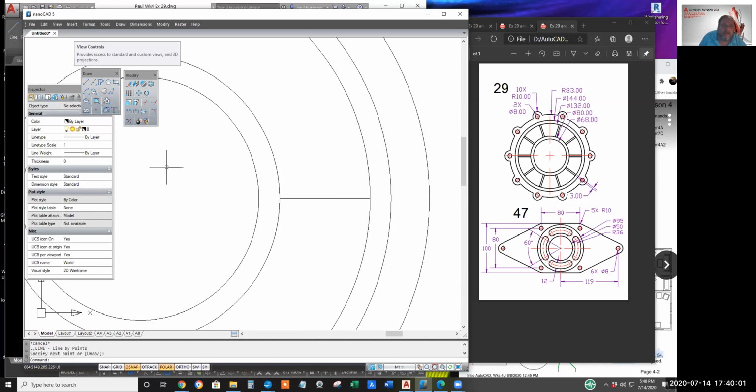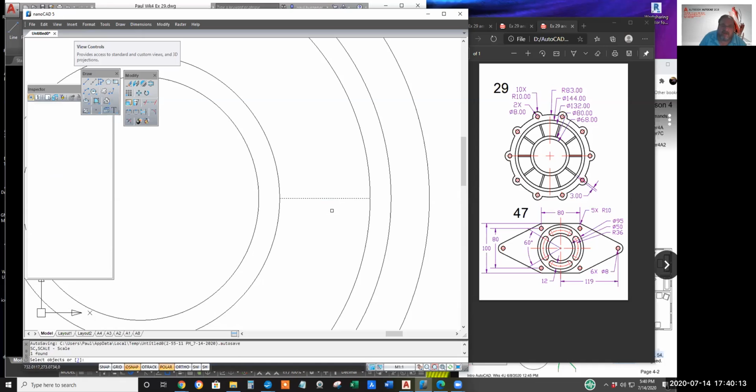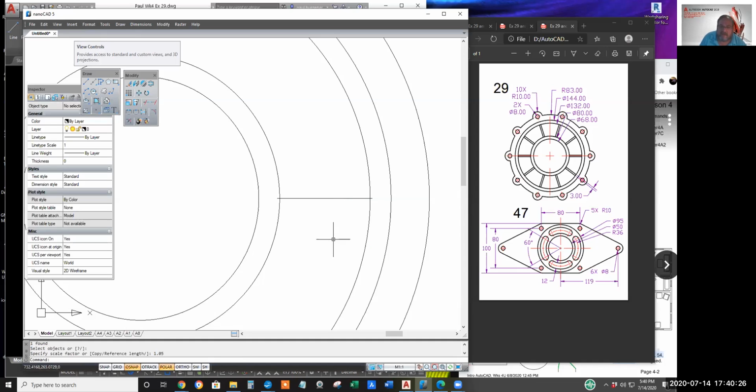So anticipating we need to trim the lines on one end and extend the lines on the other, let's scale this guy a slight amount, 1.05, so we can trim all of them. So that way we'll use the trim command 4 times instead of messing with the extend command. I guess either way.